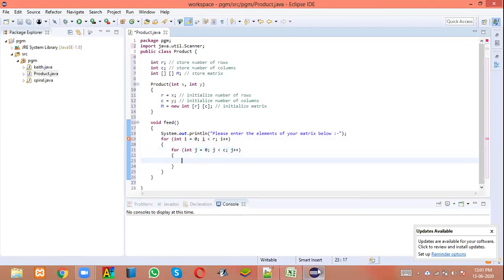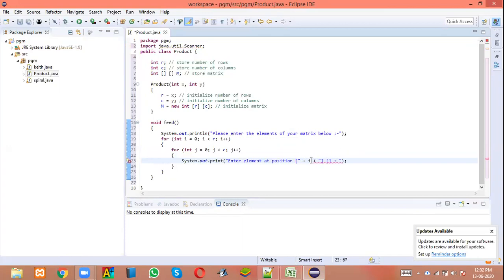Okay. Here I have a very unique style of feeding. What I'll do is I'll write System.out.print, enter element at position. Now what I'll fill here? Here I should show the position, like 0, 0.